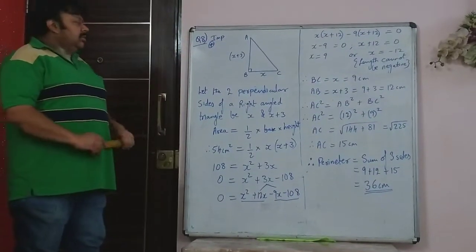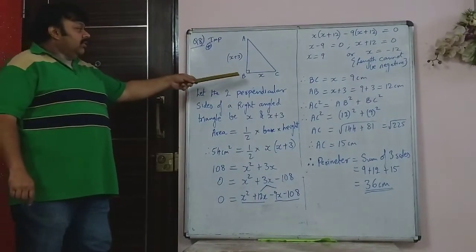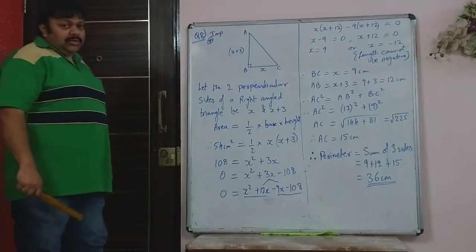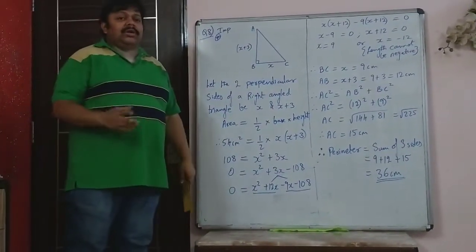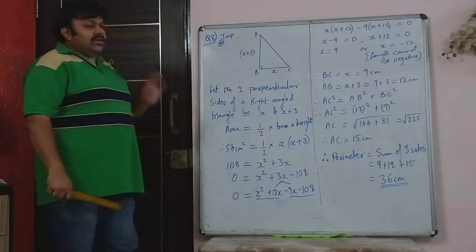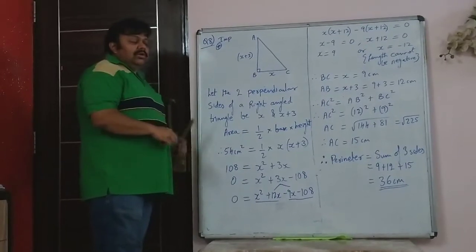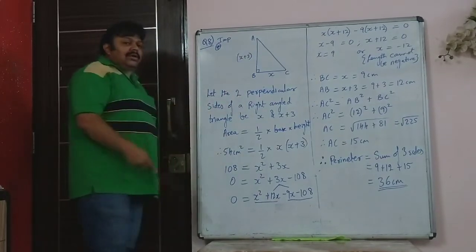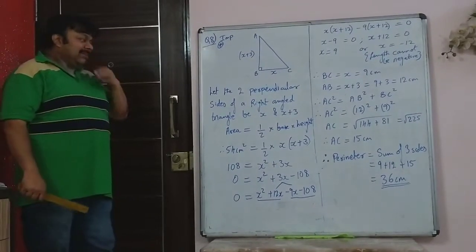8th sum. Another simple sum. It is important even though splitting is there. Here you are given two sides of the right angle triangle they differ by 3 centimeter. That means when they are telling you sides of right angle triangle, they mean perpendicular sides. Obviously, if it is hypotenuse, they will specify that it is hypotenuse. In a right angle triangle, when they say the two sides differ by 3 centimeter, it means if you are taking this perpendicular side as x, this perpendicular side can be taken as x plus 3 or even x minus 3. But I prefer to take it as plus, so I will take it as x plus 3.